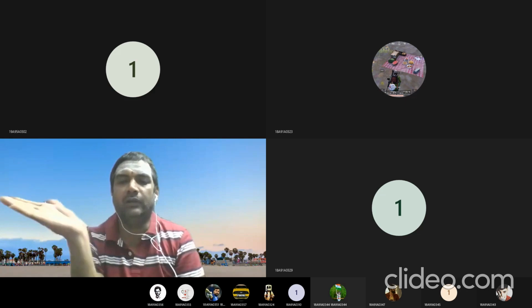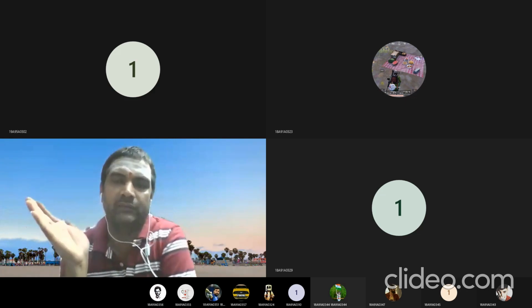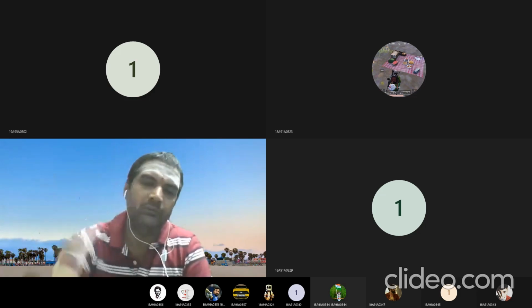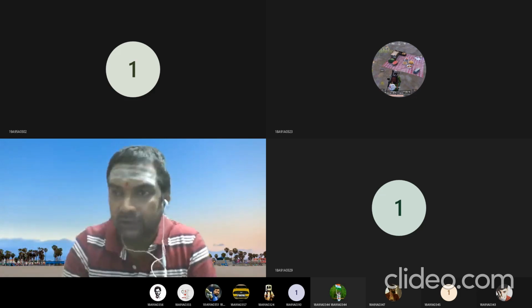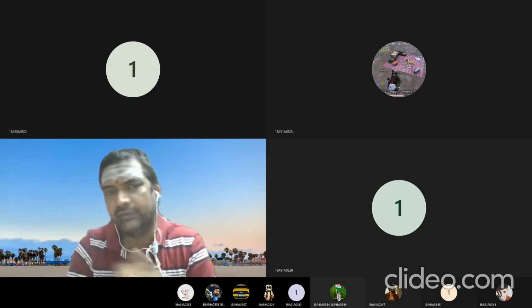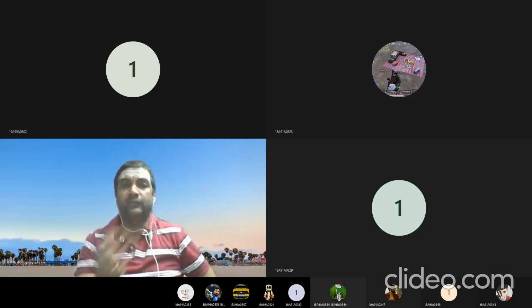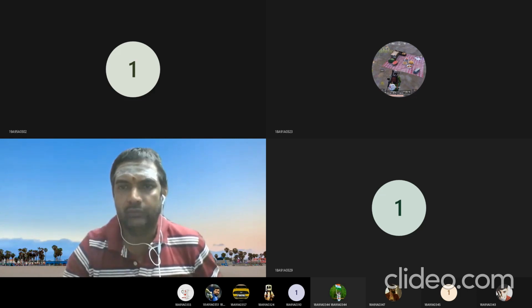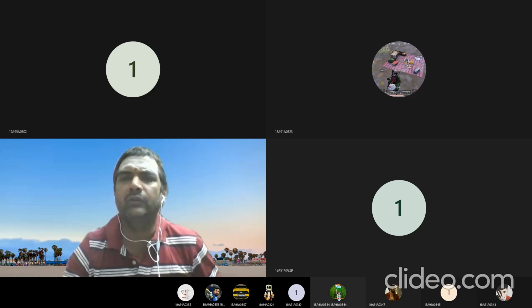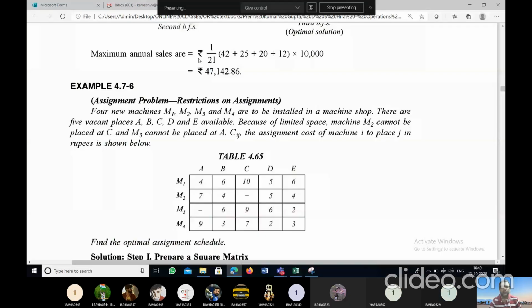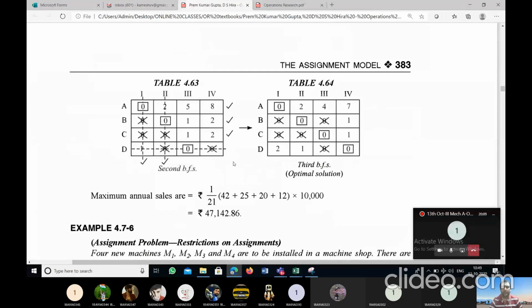Sometimes you are led to some diverted area. That means some hurdle will be there: I am unable to proceed, there is some difficulty, so again I need to come back to my original place, right? Many methods have some similarity with transportation, because assignment came from transportation. Actually we need not have examples in that area, but I will show you in the PDF.